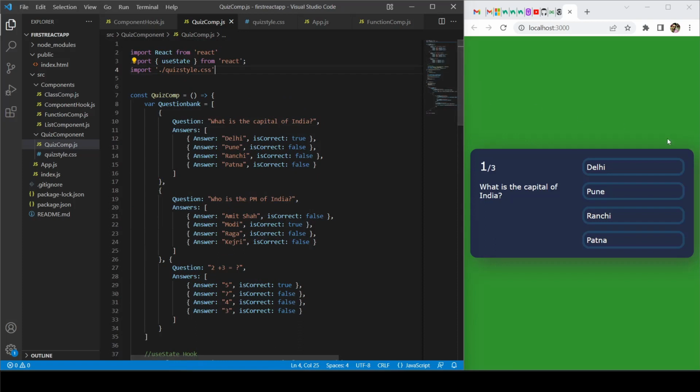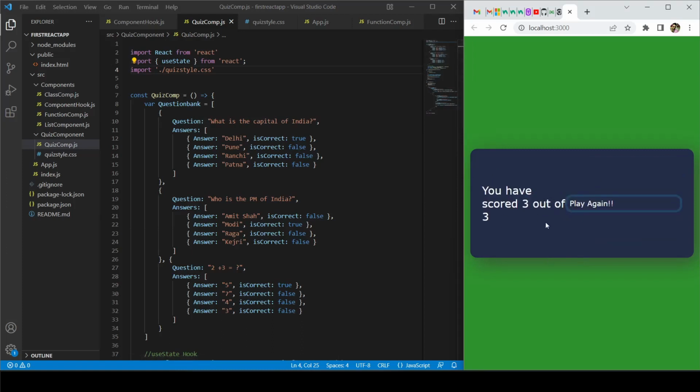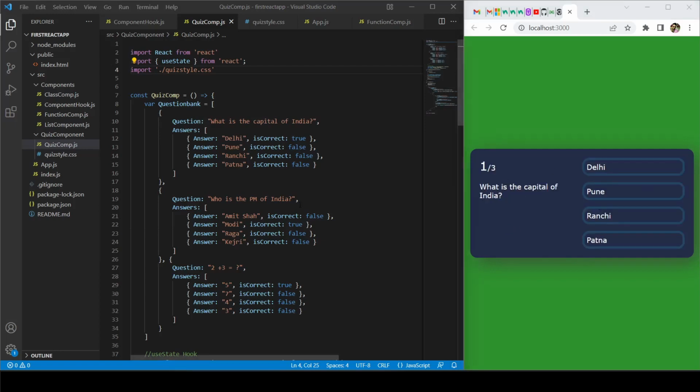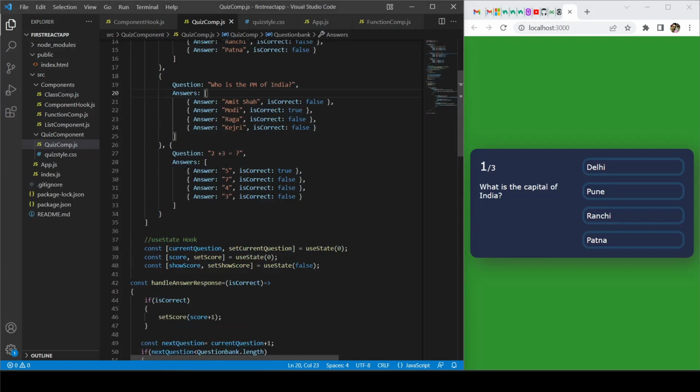So see, कितना अच्छा दिख रहा है ये, ठीक है. What is the capital of India? So it's Delhi. Who is the PM of India? So it's Modi. 2 plus 3 is equal to 5. So you have a score 3 out of 3. So if you want to play again, it's going to take you to the question. चलो एक, we'll take some more questions. Okay, so make it 5 count. थोड़ा सा बड़ा ले लेते हैं,